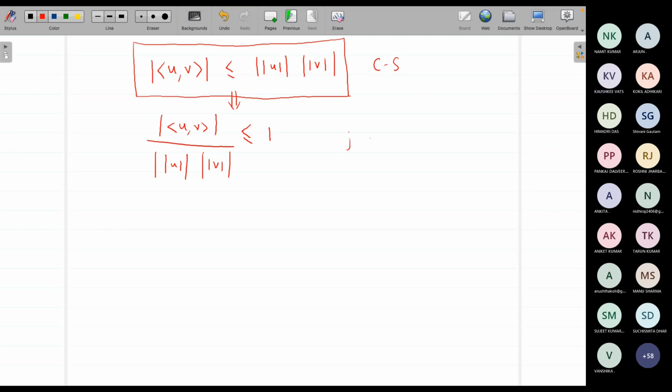Yes. And defining cos theta to be like this. This is the way we define our theta. You see that what we are doing, we are writing cos theta should be less than or equal to 1, which is basically true. So this way you can define your